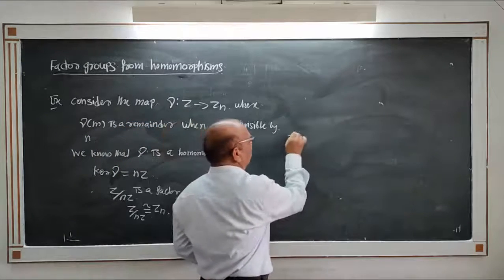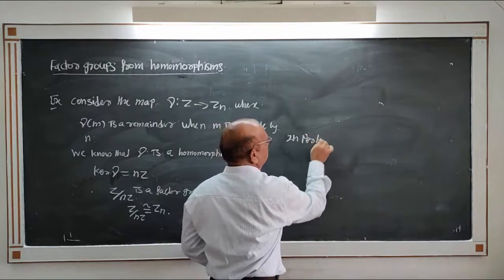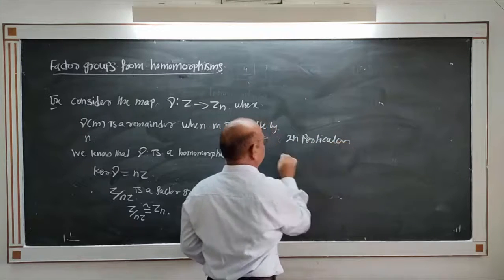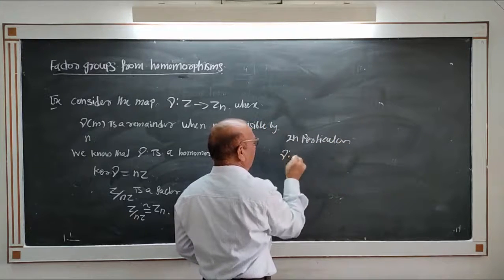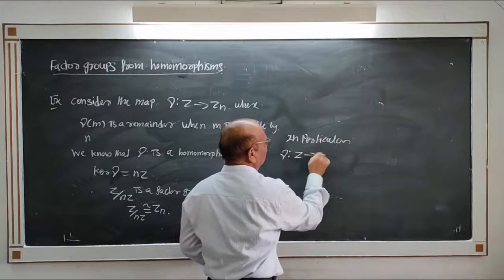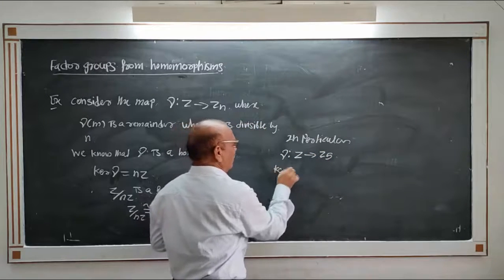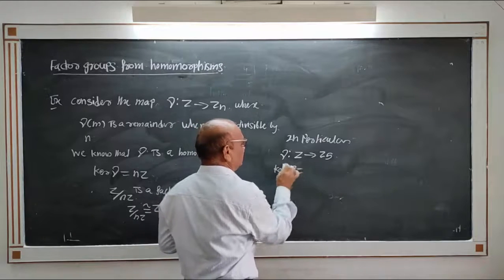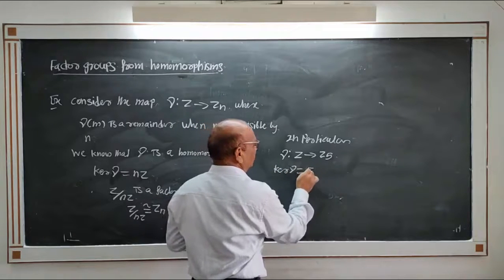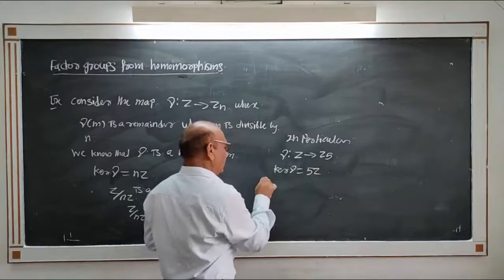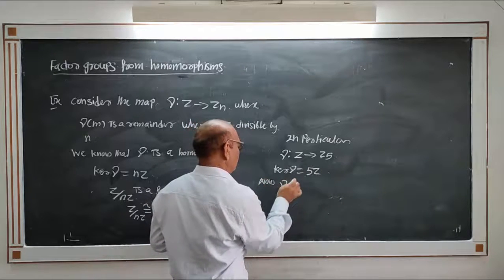In particular, gamma is a mapping from Z to Z5. Now the kernel of gamma is equal to 5Z. Now this map mu